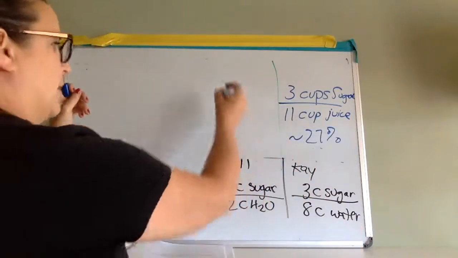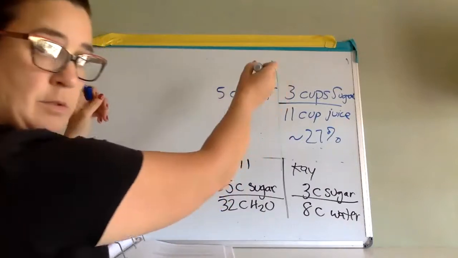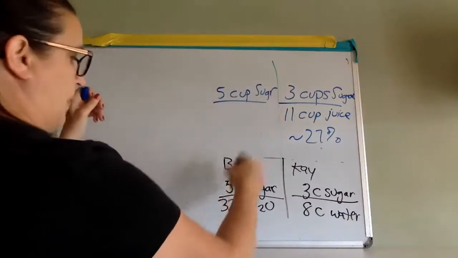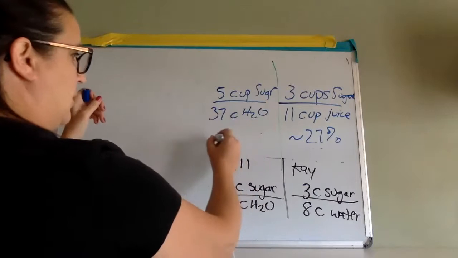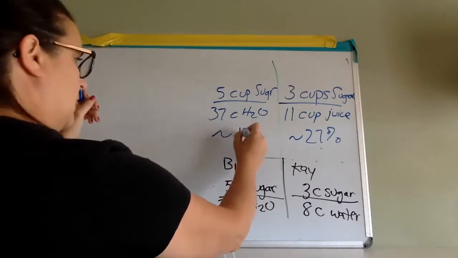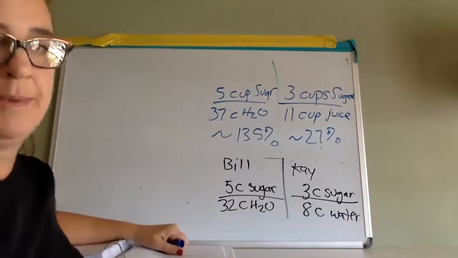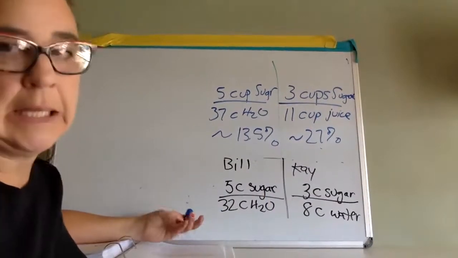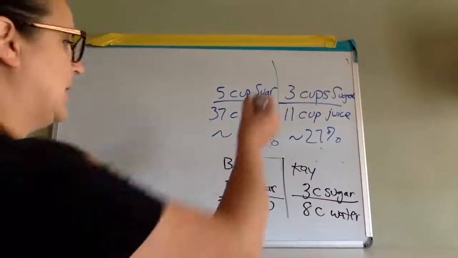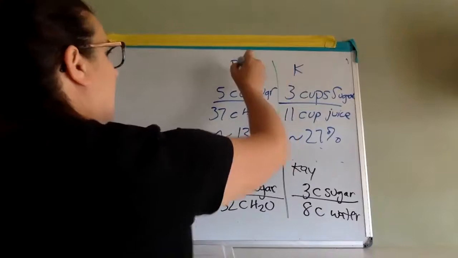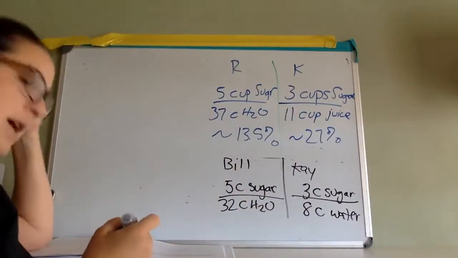And for Bill, it's 5 cups of sugar to 37 cups of water, which equals 13.5. About. When I put a squiggly line, that means about, almost, approximately. They rounded. So K is definitely correct. Hers is sweeter. And the next question, B, says,